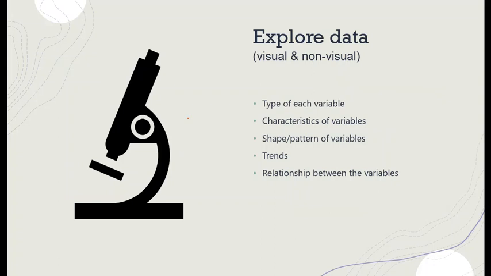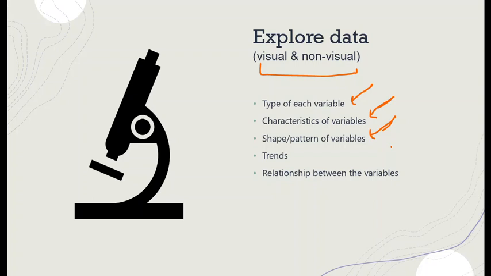Let's go to the data exploration process. It includes visual and non-visual components. In this phase, we are going to study the type of each variable, whether it's numerical or categorical, for example. We're going to study different characteristics of the variables, that is the descriptive statistics like the mean, mode, median, variance, standard deviation, etc. And study the shape or the pattern or the distribution of the different variables